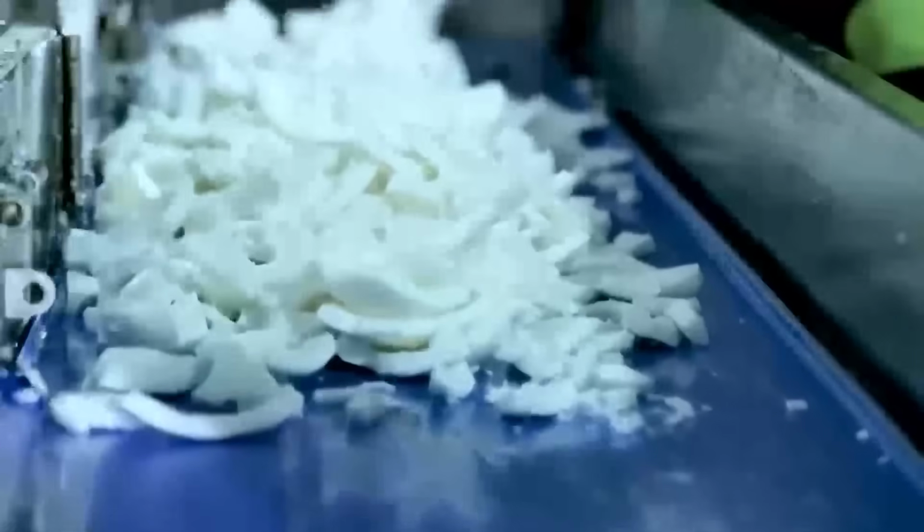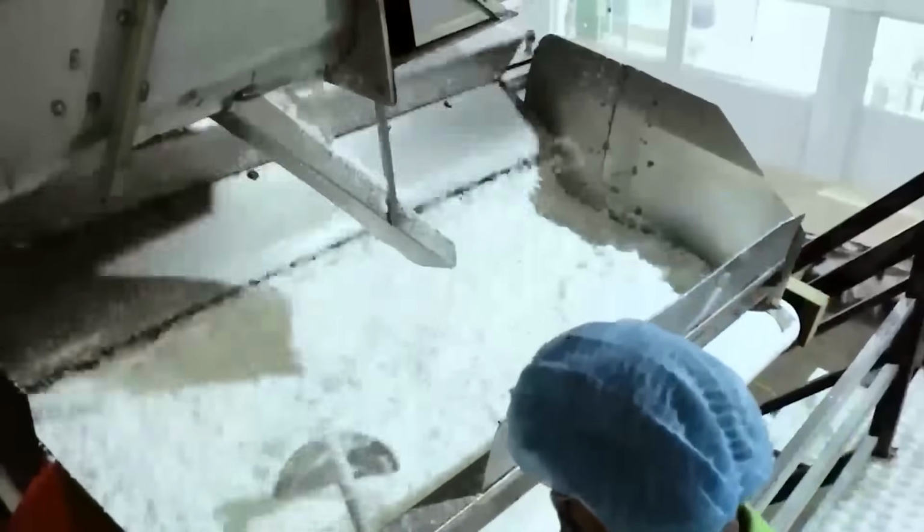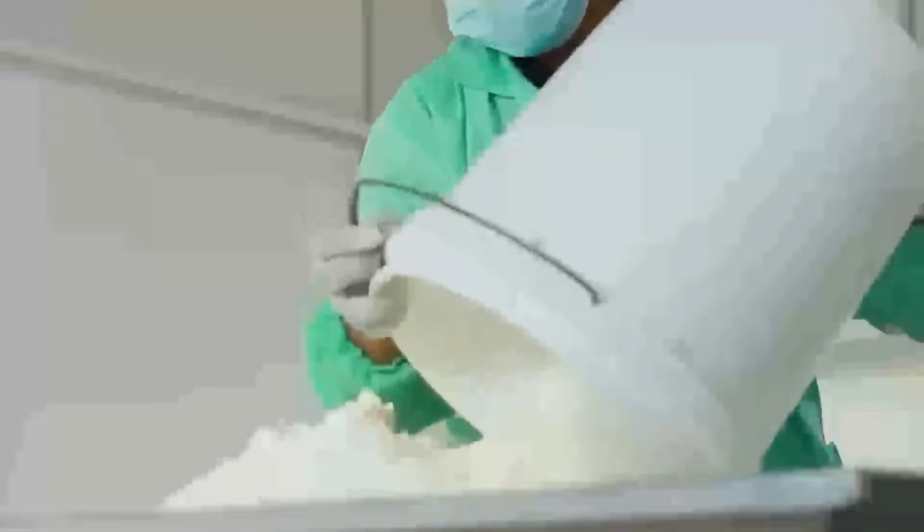The clean coconut meat is then graded using high-speed rotary shredders, which reduce it into uniform strands. These industrial shredders operate at several thousand RPMs and are fitted with specialized blades designed to achieve a consistent flake size. The exact dimensions of the shredded coconut are critical. Too coarse, and the texture becomes stringy. Too fine, and it loses its chewiness. The shredded product is then passed through vibratory sieves to remove any oversized or undersized particles, ensuring each flake meets